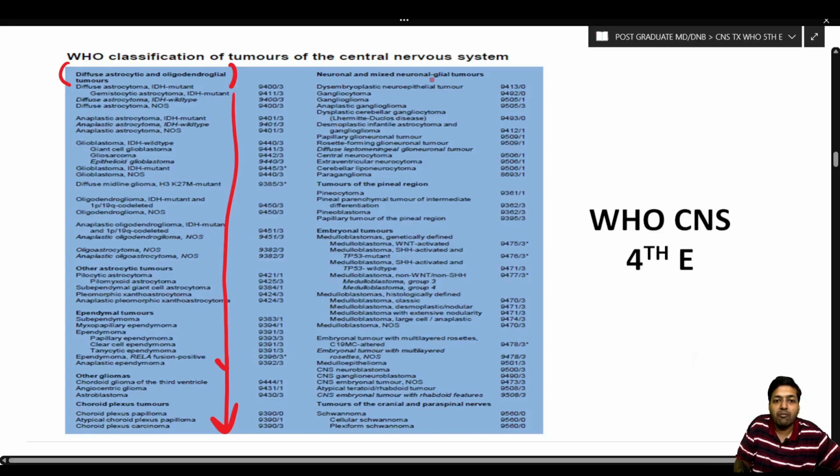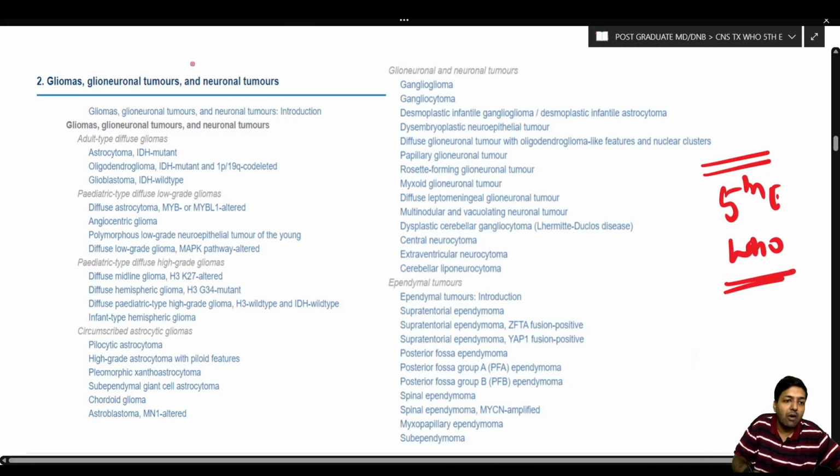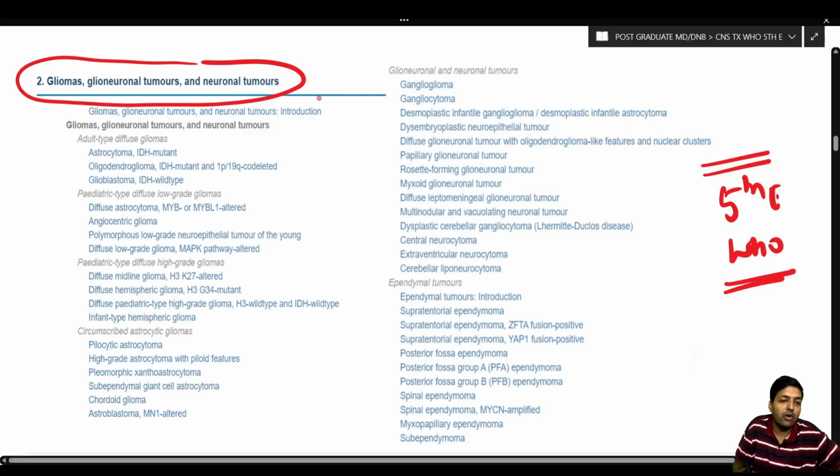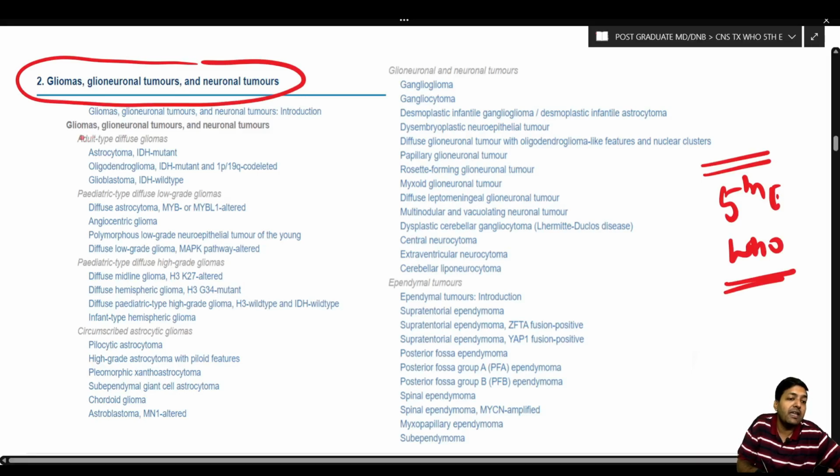And neuronal and mixed neuronal glial tumors were a separate entity in the 4th edition. But if you compare it with the 5th edition, they are now under one heading. All the gliomas, glioneuronal tumors and neuronal tumors are under one heading only. Now, very importantly, the most important thing that you are going to appreciate over here is that the diffuse